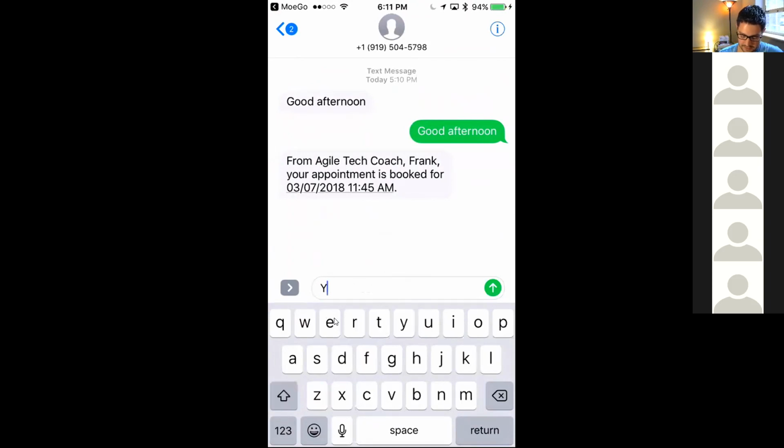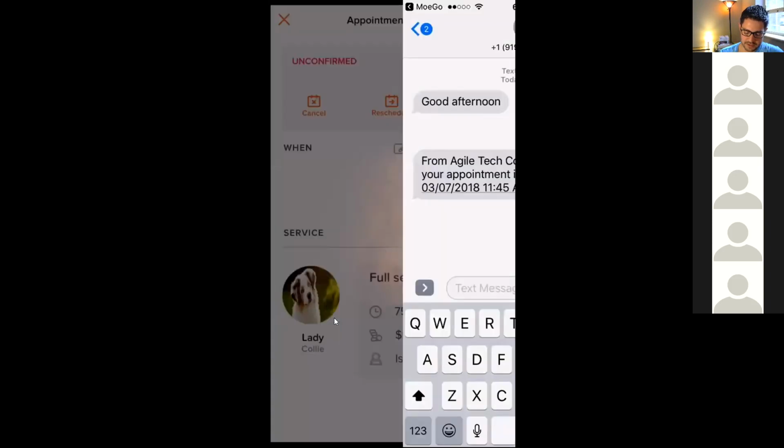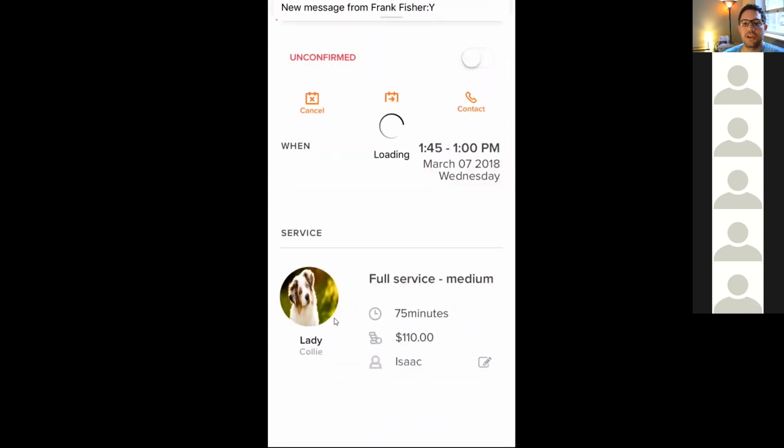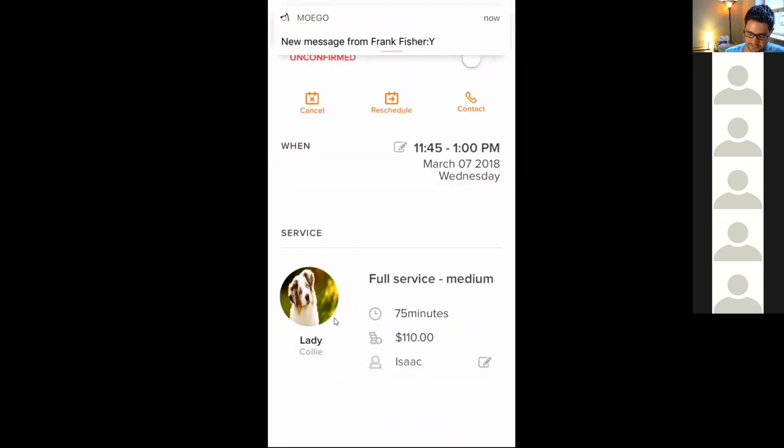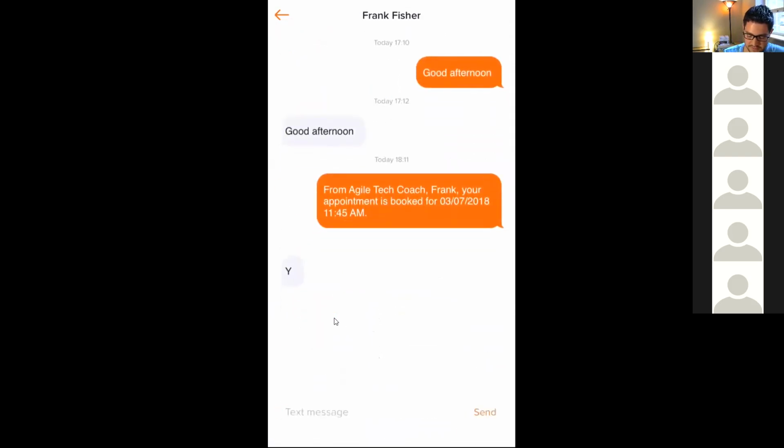So the person could simply reply back with a yes, and that could say, okay, you have now confirmed your appointment. So it's a very handy way of managing your, oh, look, new message from Frank Fisher. Handy way of managing your client base. Let's go look real quick at the messaging feature. And this is one of the best